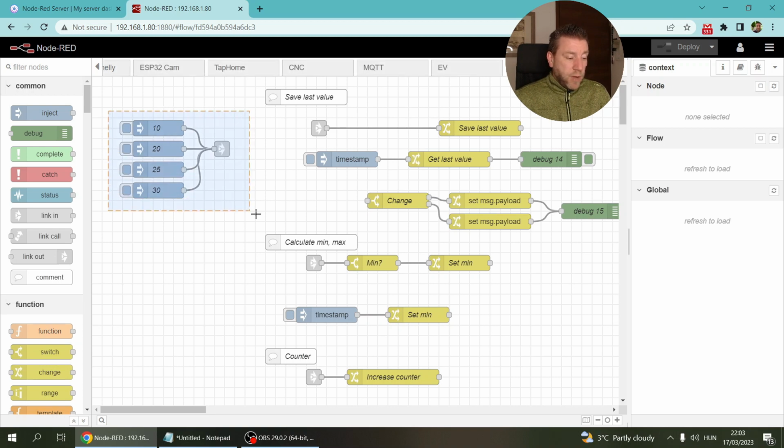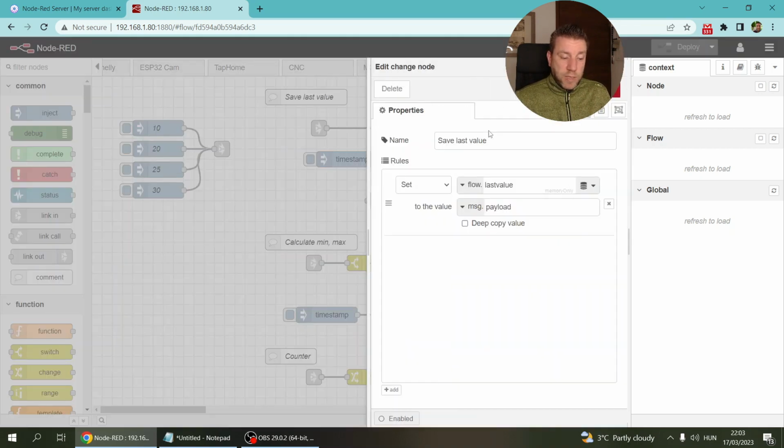So here I have a couple of inject nodes where I can send in various numbers: 10, 20, 25, 30. Let's assume that these are temperatures that are coming from a temperature sensor. And so I have the information coming through here in the flow, and I want to save the value because I just want to have the last value always visible in the system or always stored in the system. So I can do this very simply using the change node, and I can say I want to set,